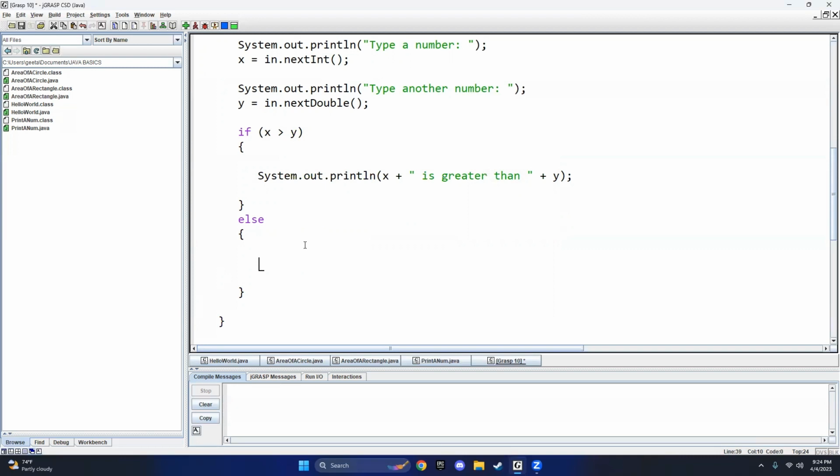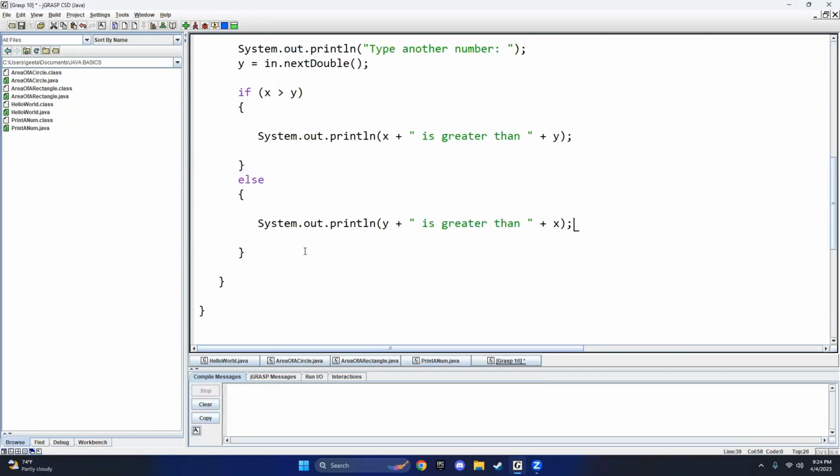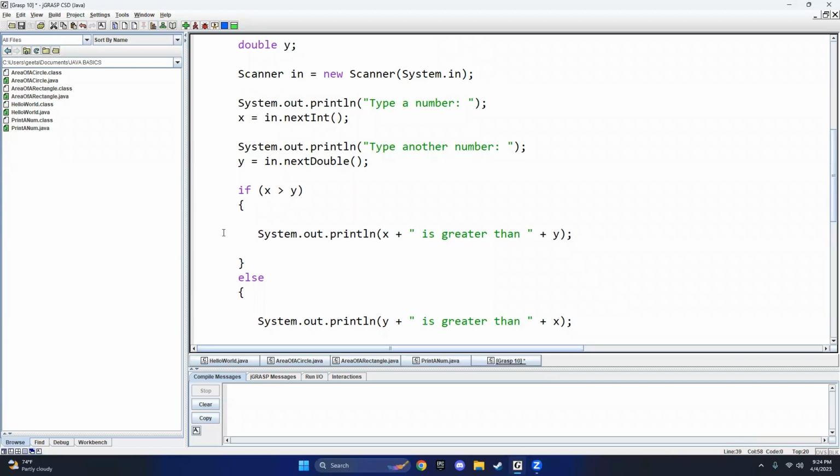Let's tab over and write our System.out.println("y is greater than x");